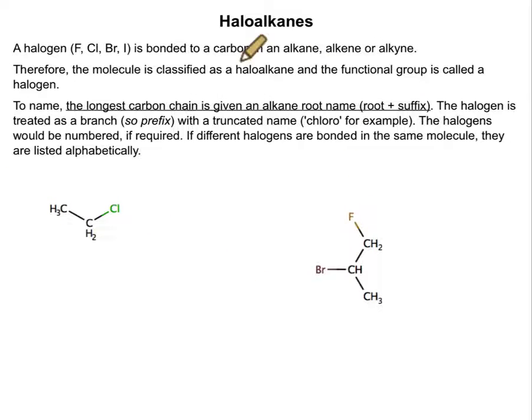First group we'll talk about are the haloalkanes. This is when a halogen is bonded to a carbon. It could be an alkane, alkene, alkyne. So the molecule is going to be classified as a haloalkane, and the functional group is a halogen. So here we have carbon bonded to chlorine. So how do we name this? The longest chain is an ethane chain, so it's just ethane. And the halogen is treated as a branch, and so that's just chloroethane,